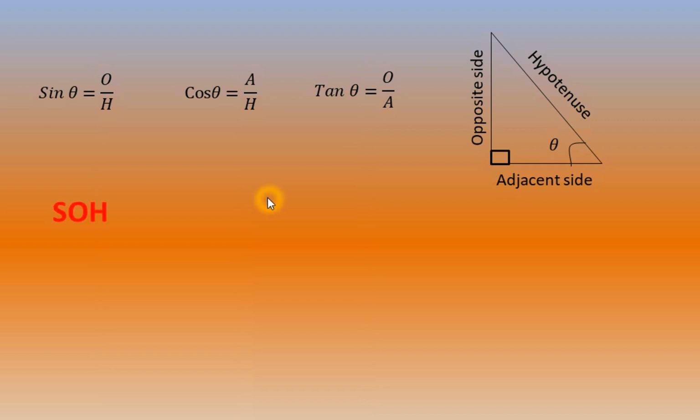Here I am going to use one method, in order to remember. Normally people use this method. First, the sin case: the starting letter is S. Then here is opposite side and this one is hypotenuse, that is SOH. Then in the cos case, the starting letter is C, then adjacent side A, hypotenuse H. We can take that one as CAH.